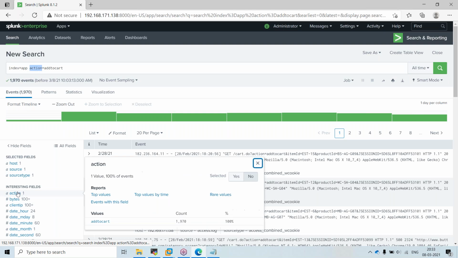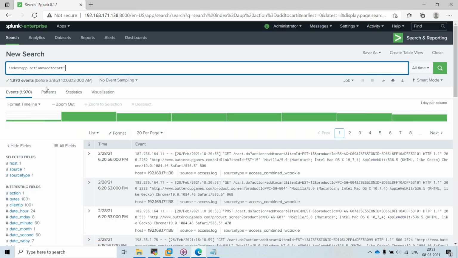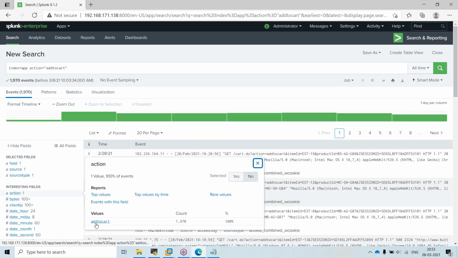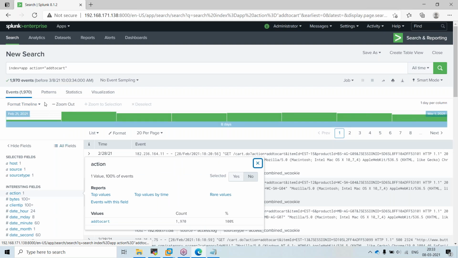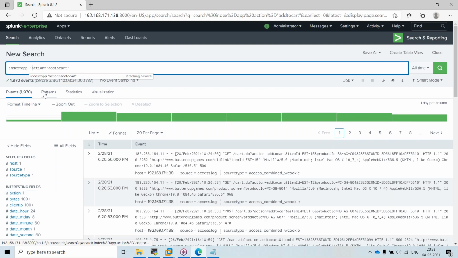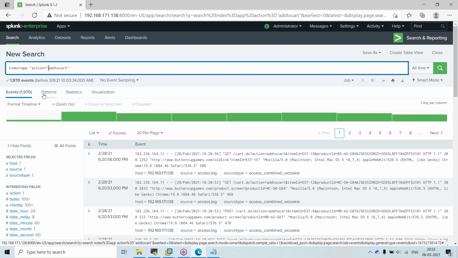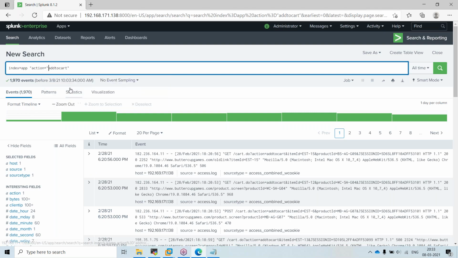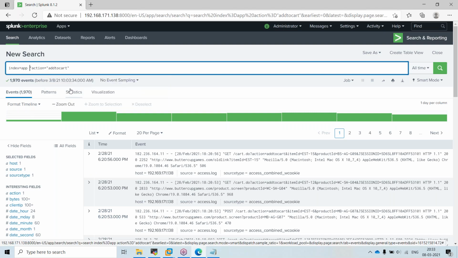Let us assume if I give it like this now, it will become like a value pair. That's why in my action I'm not having purchase now, but I can put it like this. Nothing is going to happen, but I should not enclose it like this. If I include it like this, it won't be treated as a field value pair. It will be treated as a complete text pattern matching.